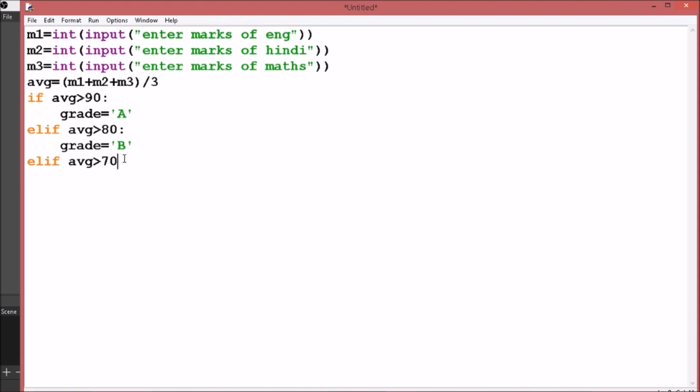We need to put this colon, this colon is mandatory. So grade is C,